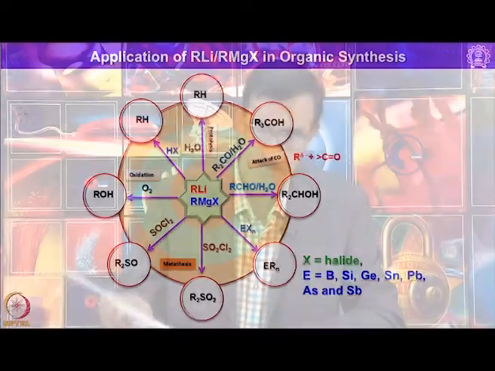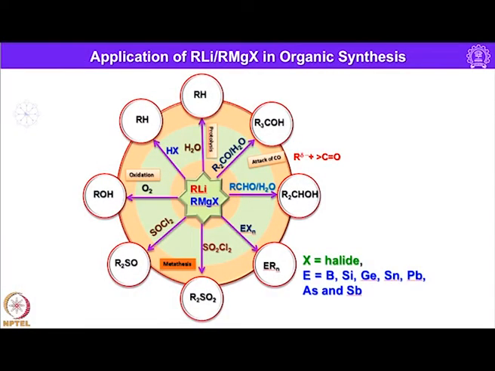So, I have shown here the same slide, you can just see its use. Let us continue the reactivity patterns of some of these organometallic reagents. For example, trimethyl aluminum, when it is treated with ethanol, forms triethoxy aluminum through the elimination of 6 equivalents of methane. So, how that happens is shown here.